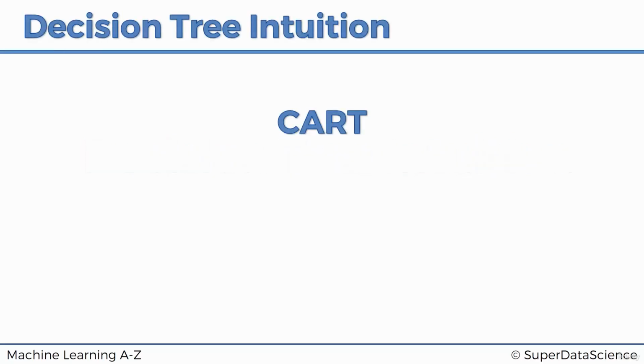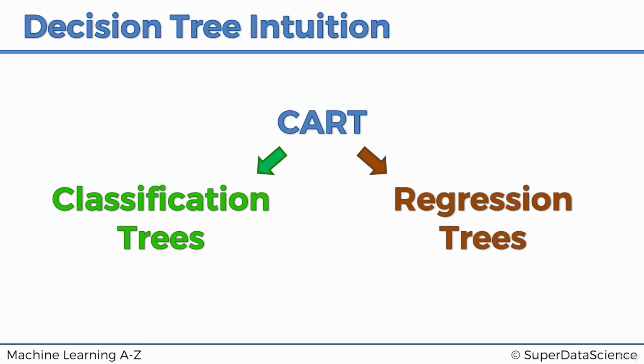Alright, so you may have heard the term CART, which stands for classification and regression trees. And this is an umbrella term that encompasses two types of decision trees, and as you've correctly guessed, they are the classification trees and regression trees. And in this course, we're going to talk about both types, but specifically in this section, we're focusing on the